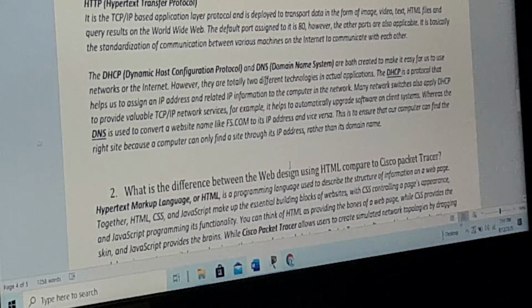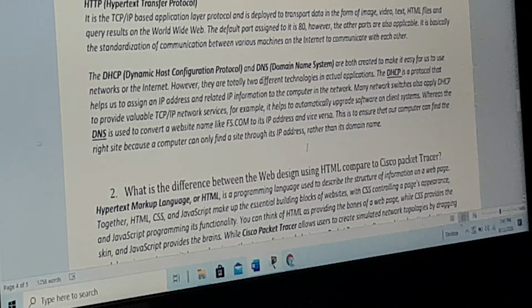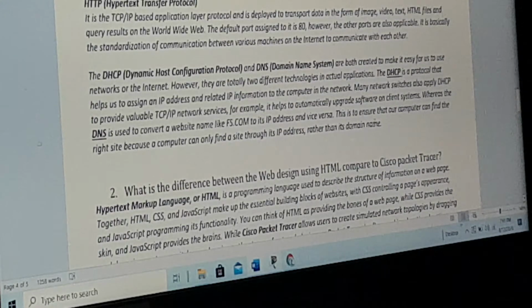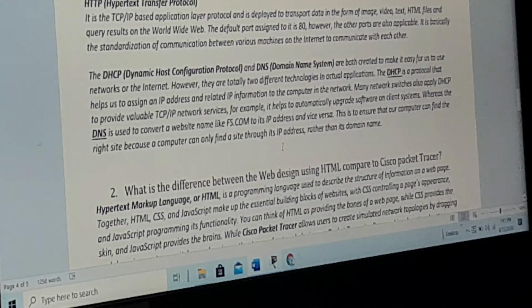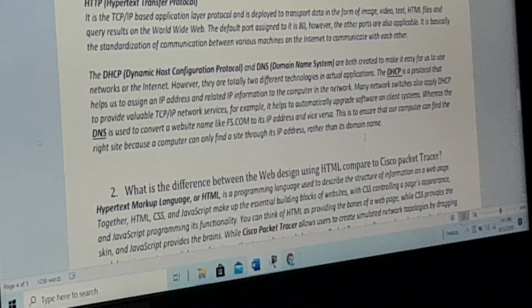DHCP, Dynamic Host Configuration Protocol, and DNS, Domain Name System, are both created to make it easy for us to use networks or the internet. However, they are totally two different technologies in actual application. DHCP is a protocol that helps us assign an IP address and related IP information to computers in the network. Many network switches also apply DHCP to provide valuable TCP/IP network services.